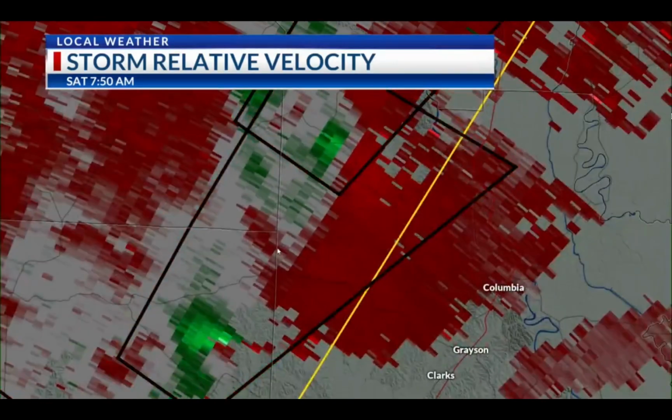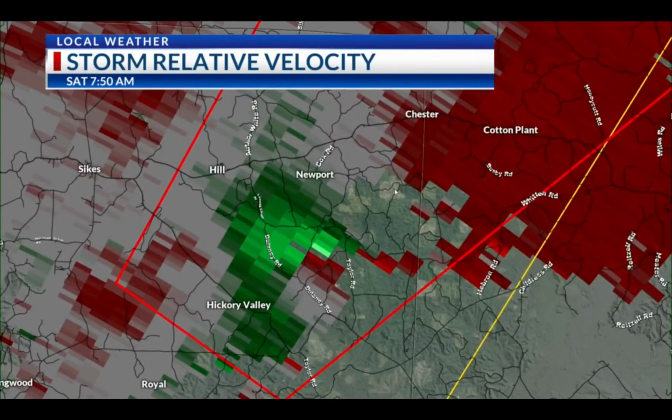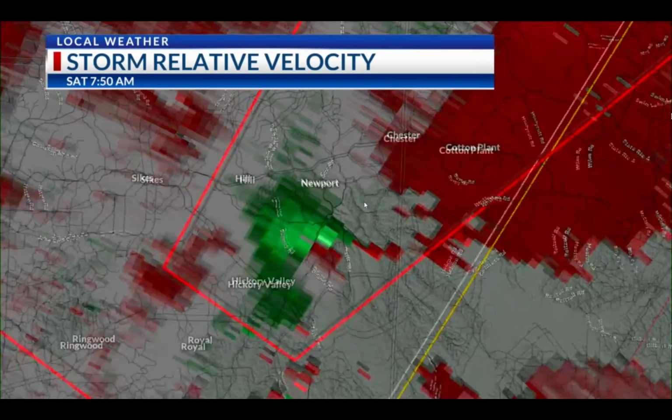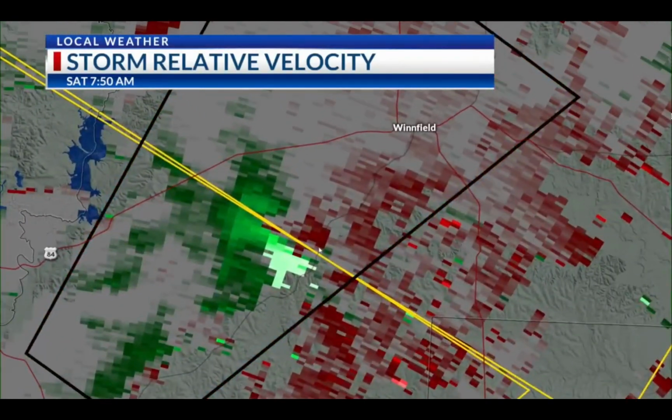It is going to potentially intersect with a pre-existing tornado warning. So areas that are in the northeast with that storm that Jared's been covering, you should have already been in your safe place. You just need to stay there now as this storm moves off towards the northeast at 40 miles per hour. Not only do we have this one, the one in Winfield, or just southwest of Winfield,